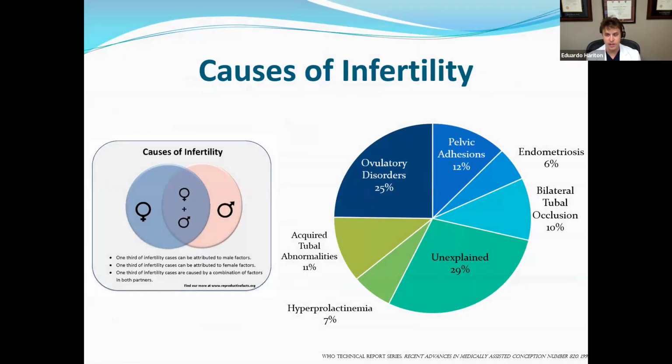Many causes. It can be ovulation disorders, structural issues in your pelvis, endometriosis, blocked tubes, different endocrinopathies like hyperprolactinemia, thyroid issues, but often we don't find it out. We test, everything looks normal, and we just can't figure it out. And that might mean medicine is not advanced enough to test for that, or we just haven't figured